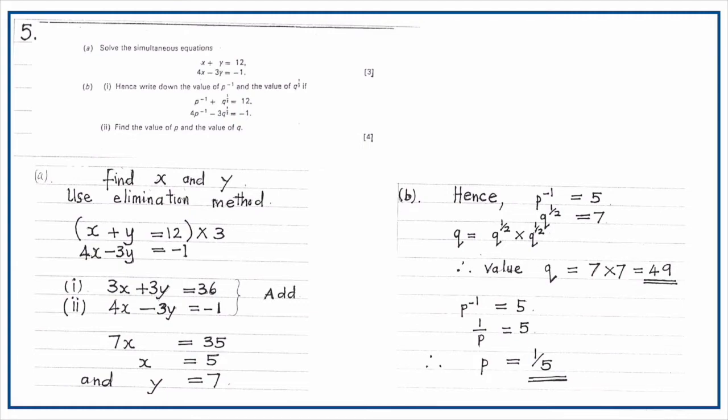P to the power minus 1 equals 5. 1 over p equals 5. Therefore, p equals 1 over